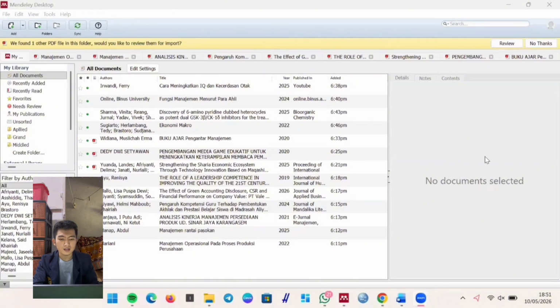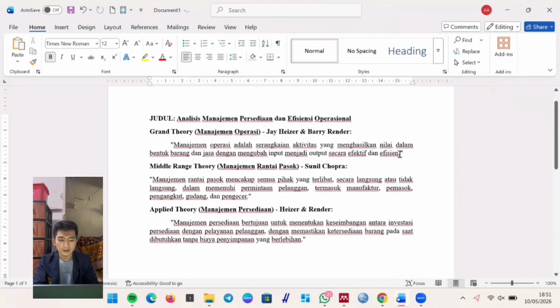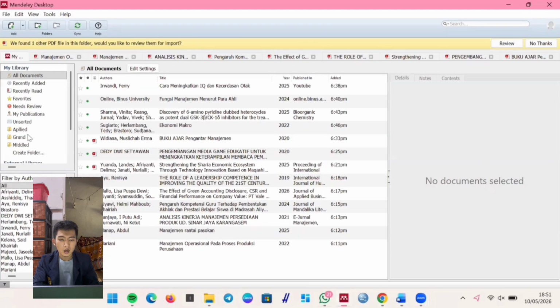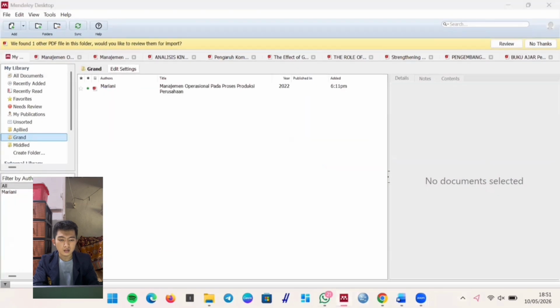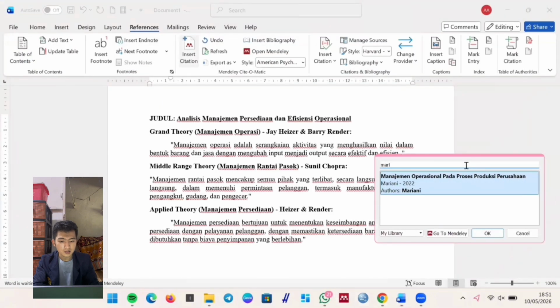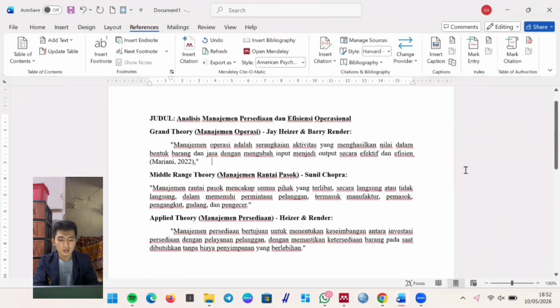Next, I will demonstrate how to cite the different levels of theory for operations management. I have already prepared the text on the screen. Let's connect them with Mendeley. In this first paragraph, we have my grand theory of operations management, by J. Heizer and Barry Render.